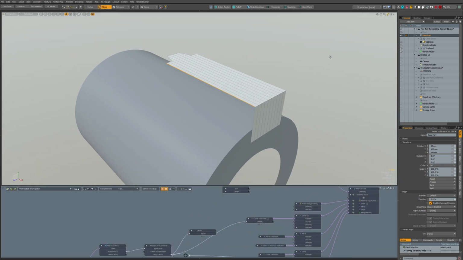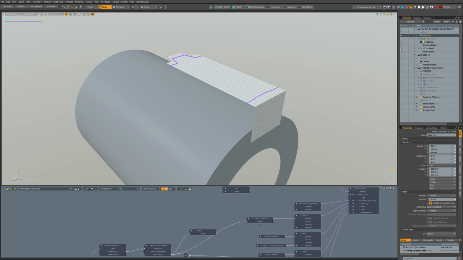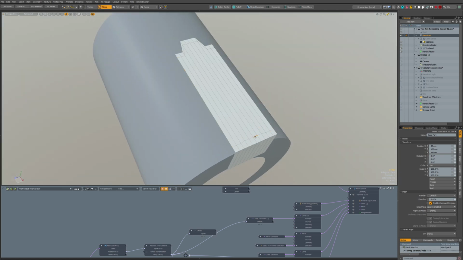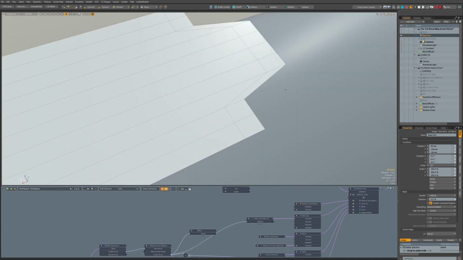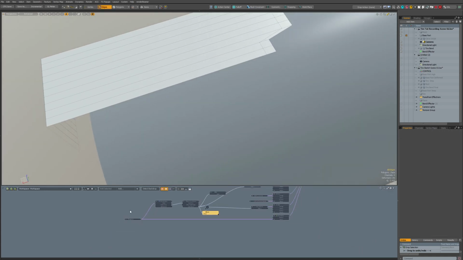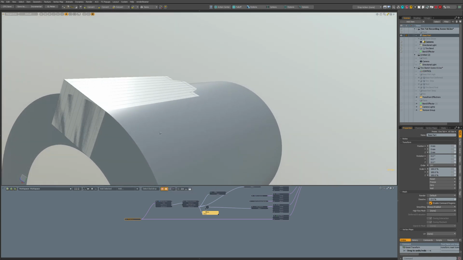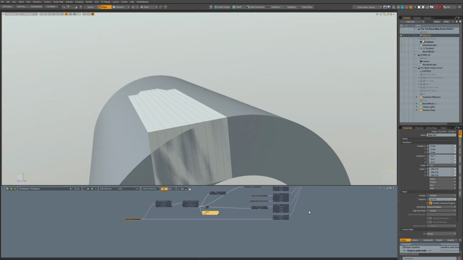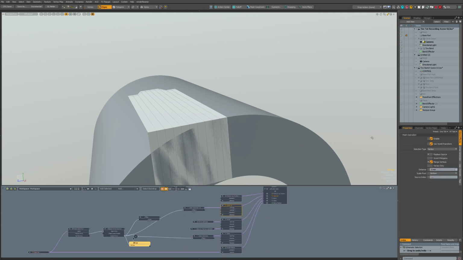So first we add some edges, maybe two, like there, but actually I don't want that. And that's a good start. So let's see. If I reset this, it's kind of hard to model if it's going to overlap the final mesh.